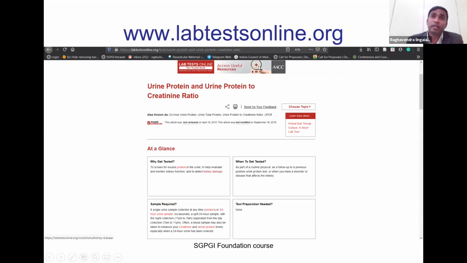You can find information regarding the containers, the prerequisites for collection, and how to transport the specimens by visiting the website maintained by the American Association of Clinical Chemistry, Lab Tests Online. You get various information from this website. If you are in doubt, it is better to visit it and find out before sending any sample.